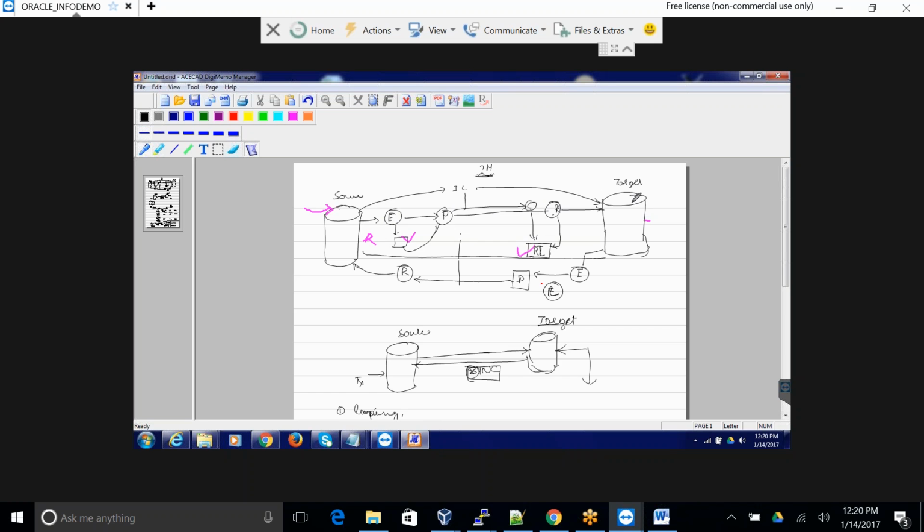When it applies, what happens? It will be recorded in the redo log files. Okay, so my extract process, this extract process, will read these redo log files, and